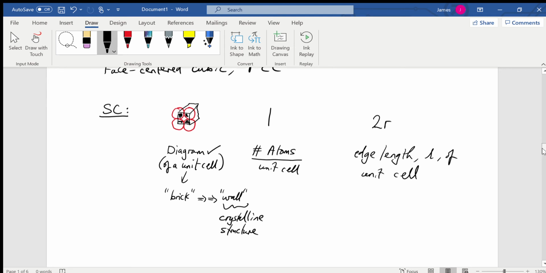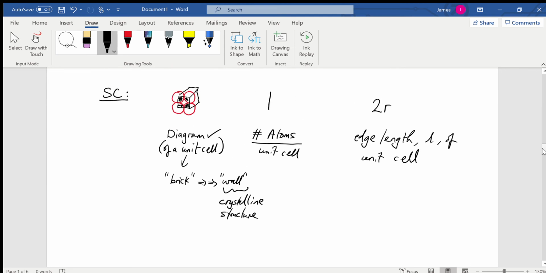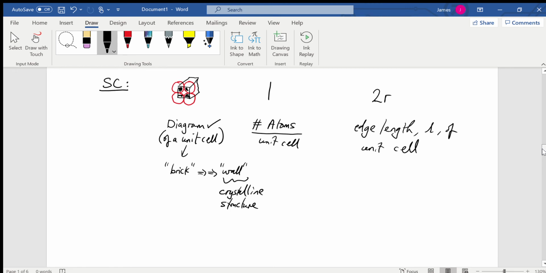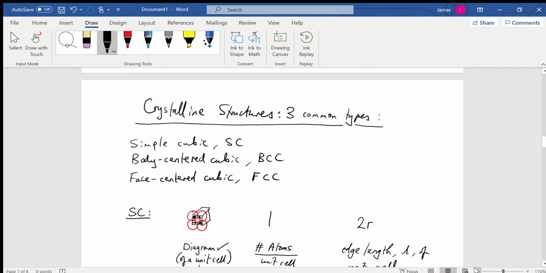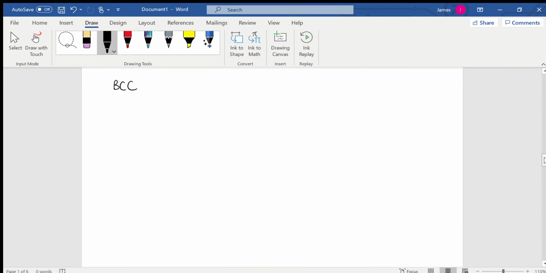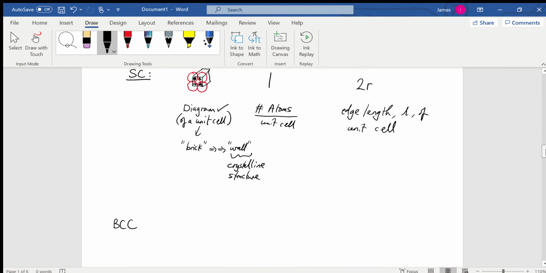Okay, so let us continue that. BCC. In fact, why don't I do it and then I'll summarize it. How about that? So body-centered cubic. Maybe I can make this smaller. Actually, it's much harder to draw if it's smaller. But let's see. So BCC,